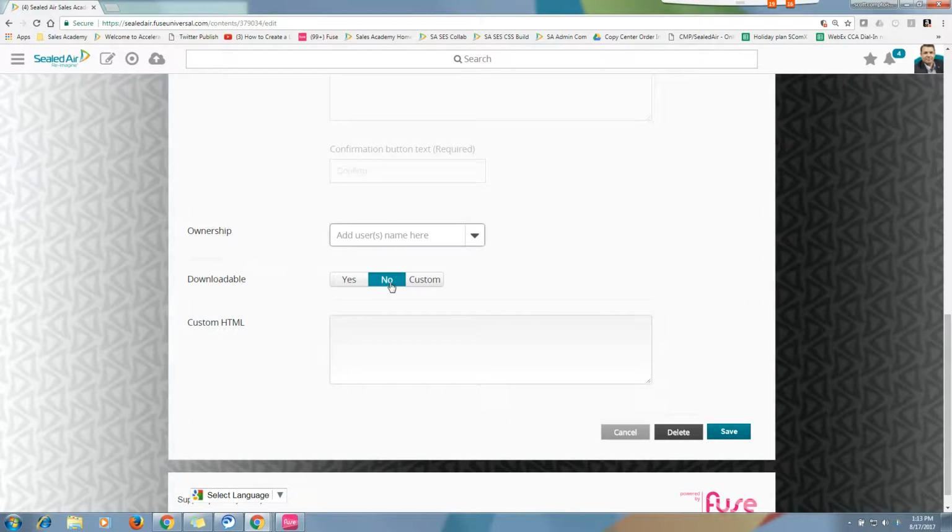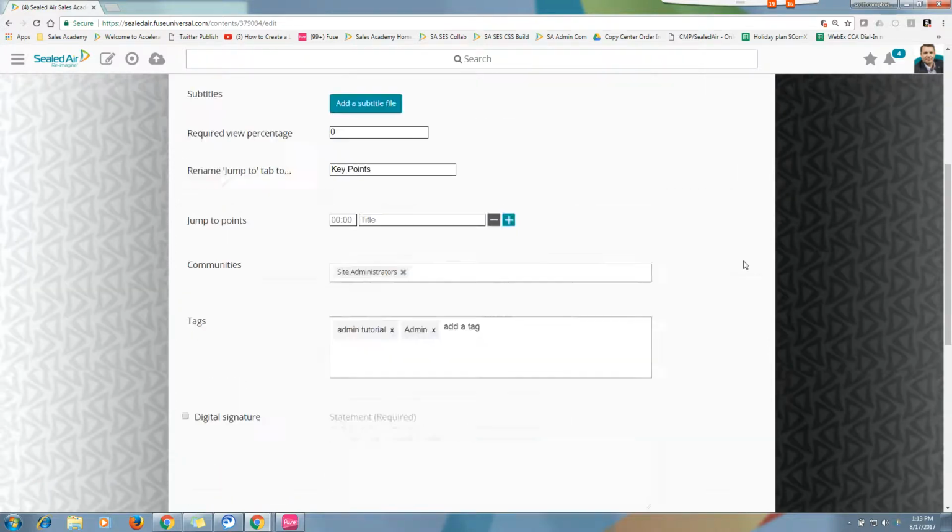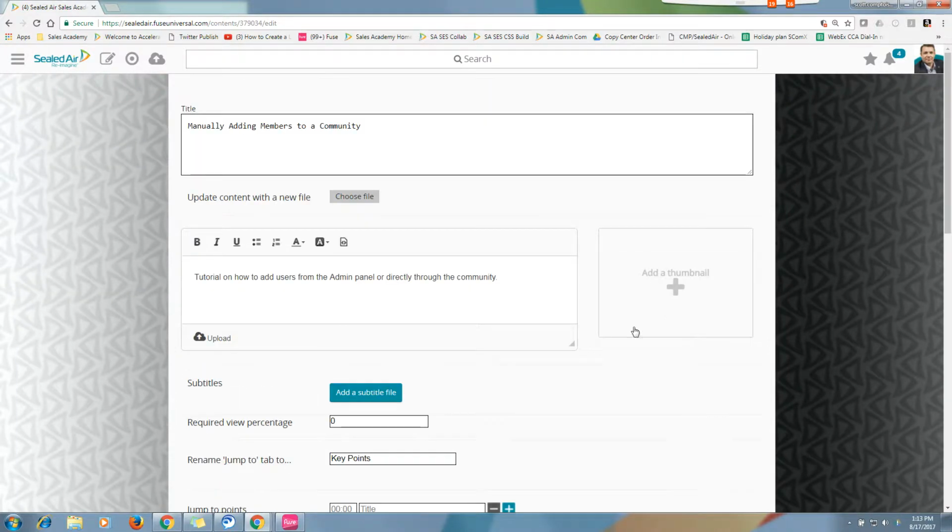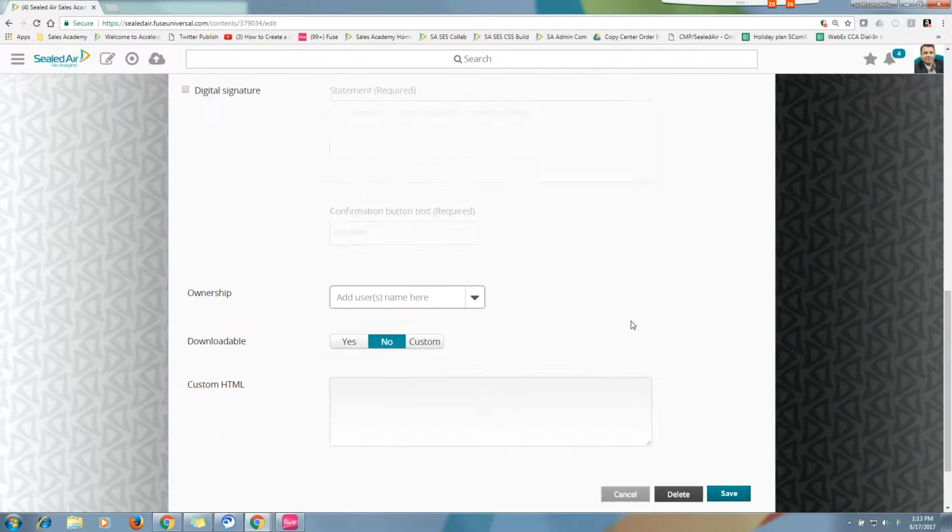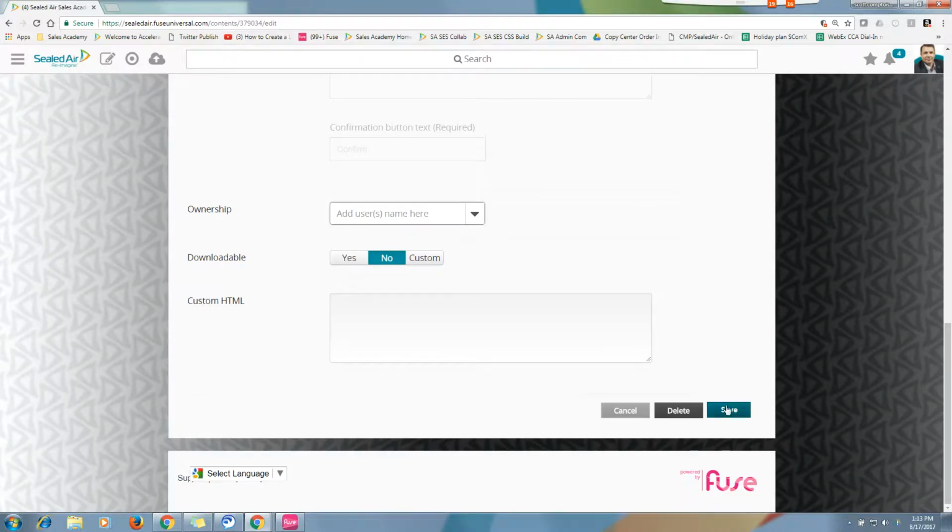Now, for videos, the default for download is no. For other files, it shows yes. Remember, if we don't want the user to be able to take the document, file, or video with them, then we want to choose no. And of course, we have custom HTML there. We have the ability to do all of these different things in a variety of different forms in videos and other documents. So now that I've gone ahead and linked up the file, I'm going to click Save,